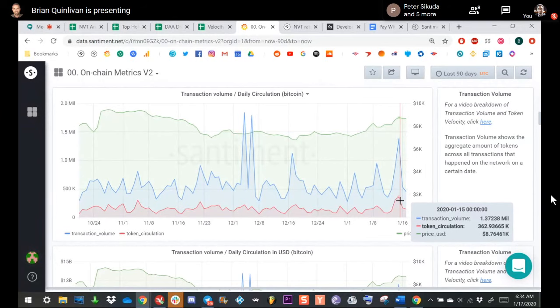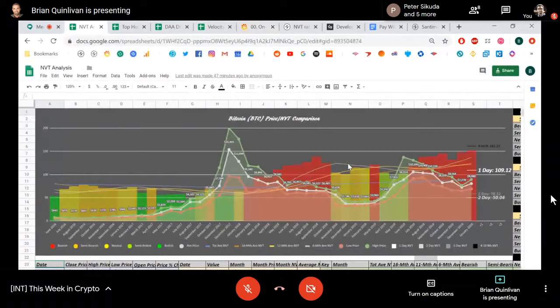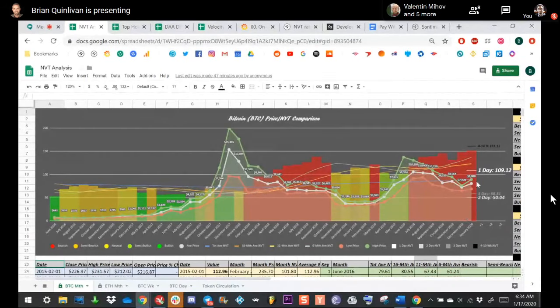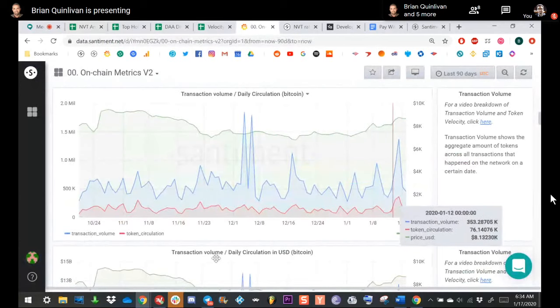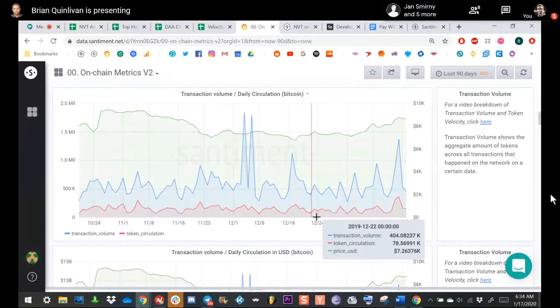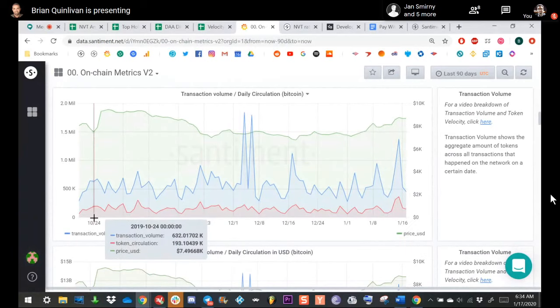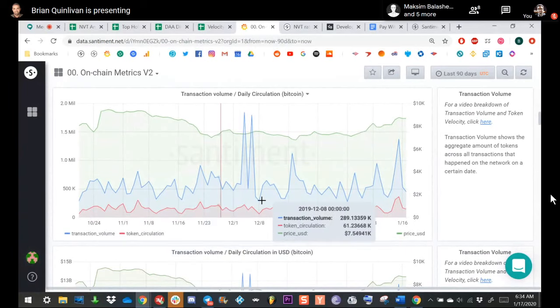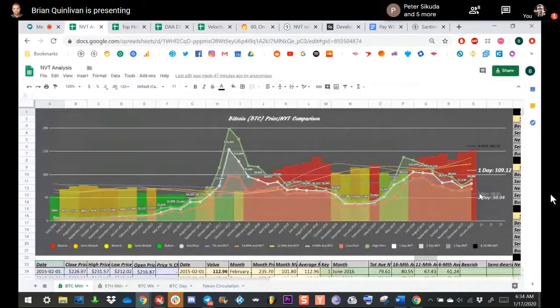This is why we use moving averages and monthly NVT bars instead of just analyzing the daily, because we try to look at the full average to get a perspective of whether this token circulation is being maintained. There's plenty of fluctuation through the days, but if a moving average line was moving up like this, that's how we would know the average bar is starting to fall into the yellow and greenish territory, which is what we need to see a